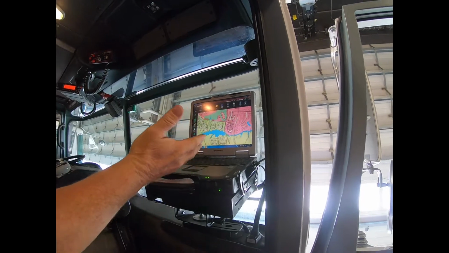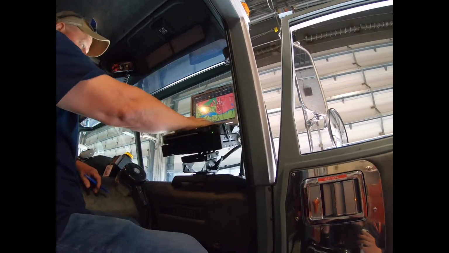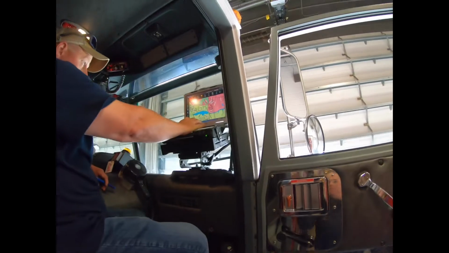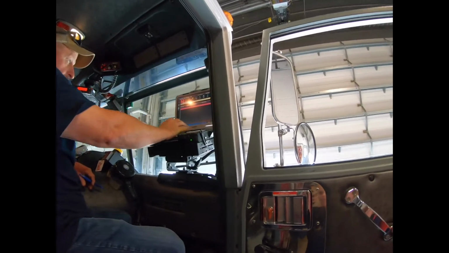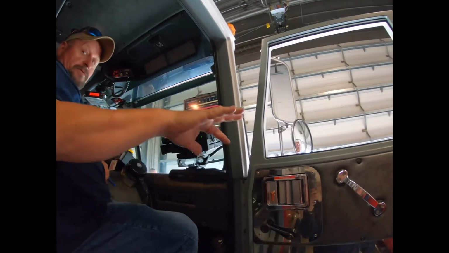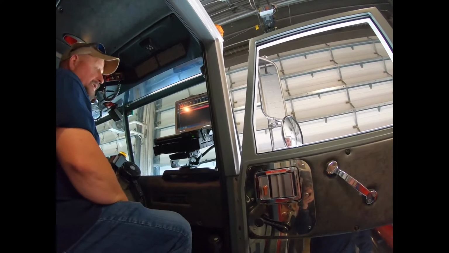Unfortunately, we're not out on anything, so I can't show you ours right now. But the system we have in the classroom that we show them does the same thing. It'll put us out, so we can show them that. You can see the speed. You can see all that.